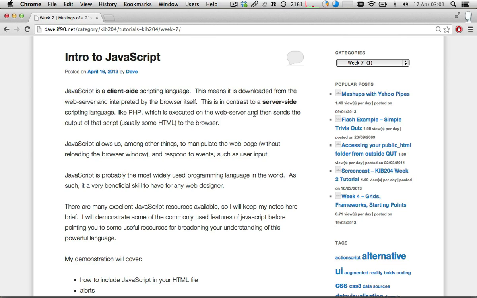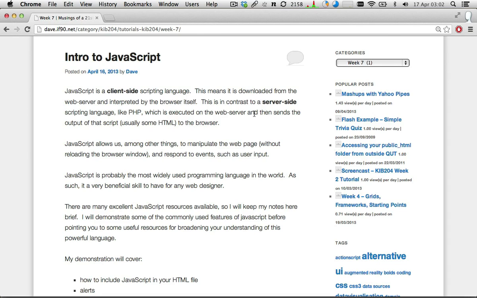So this week we're going to be looking at an introduction to JavaScript, and having some understanding of this is going to serve us well in looking at some of the other things that we'll be doing in the upcoming weeks. And what I expect will end up happening is that you'll probably not end up writing a great amount of JavaScript yourself, but you'll possibly end up using a lot of third-party JavaScript, things like if you want to use Google Maps, that uses JavaScript,